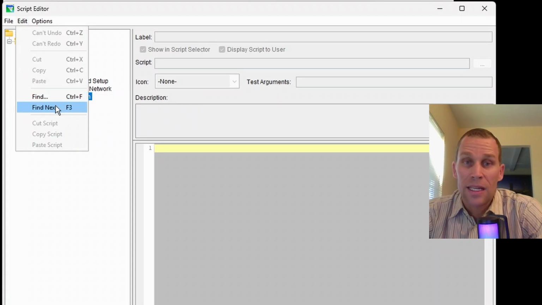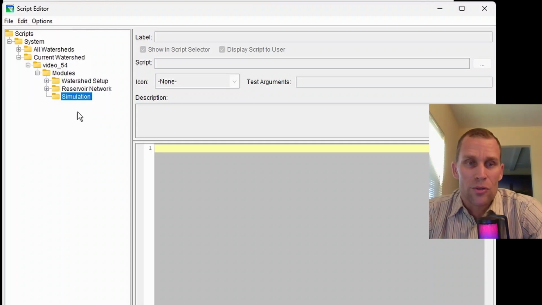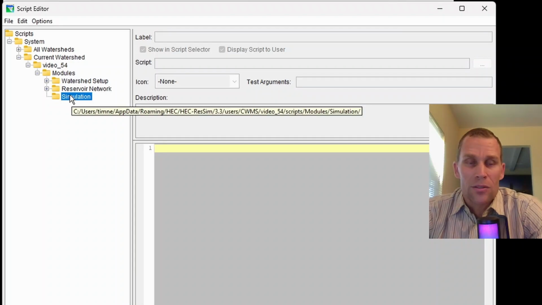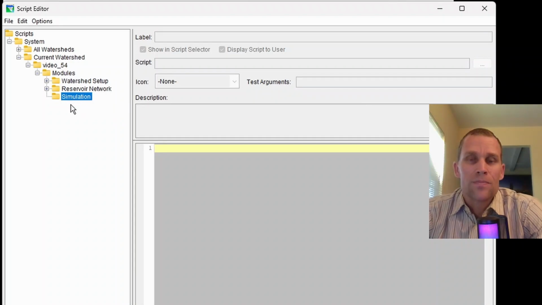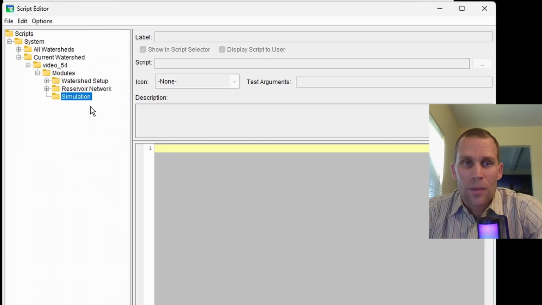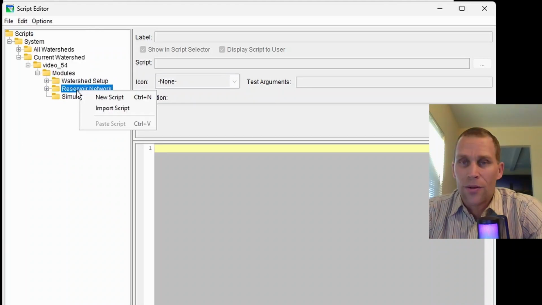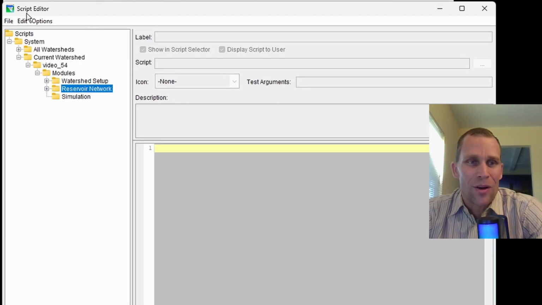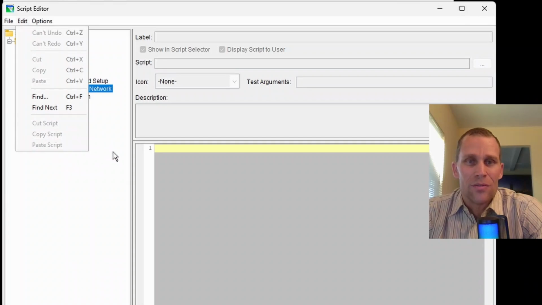And then find text, find next text. And then the last three is copy and paste, but referring to scripts. So that would be for the available script tree over here. If I wanted to move or copy a script, I could select the script and then come up to cut script, and then it would be on my clipboard. I could select the other directory and then go ahead and paste the script that way